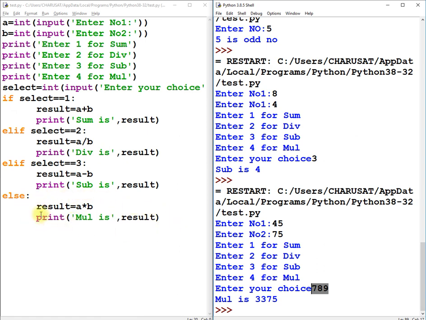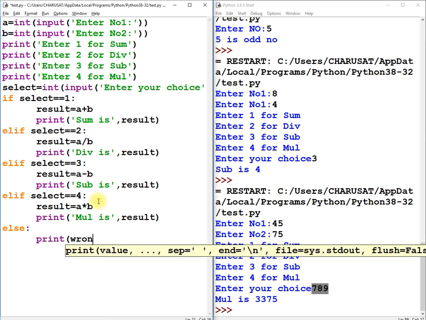So if you do not want that to happen, what you can do is check for one more condition whether it is 4 or not, and if it is not 4, then I can print "wrong choice".